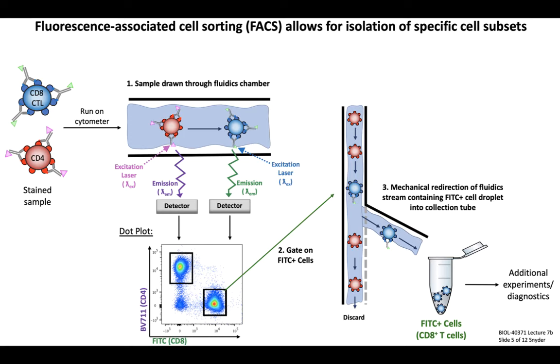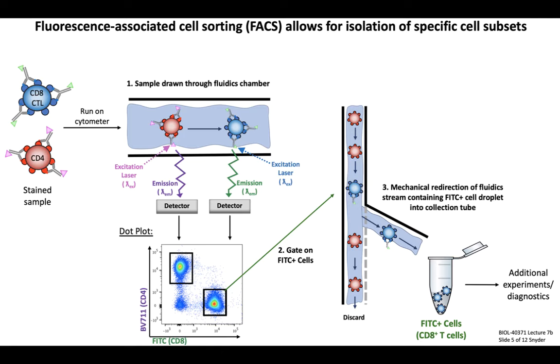And this is done using magnets and is so finely controlled that it actually only flicks out a single droplet containing a single FITC positive cell into the sorted cell container. The non-FITC positive cells, or the CD4 T cells, continue flowing through the cytometer and are eventually discarded. At the end of the cell sort, you then have a relatively pure population of FITC positive cells, in this example CD8 T cells, and these are reserved in a separate tube that you can then use for additional experiments